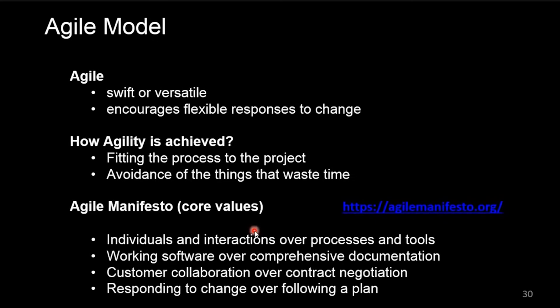If one team is working at location A, and another team is working at location B, then you need to cope with that. You need to maintain proper interactions between those teams and individuals, like maintaining co-location and pair programming, all those things. These processes and tools vary in their nature, and they are less responsive to change and customer needs. So this agile model is focusing on individuals and interaction.